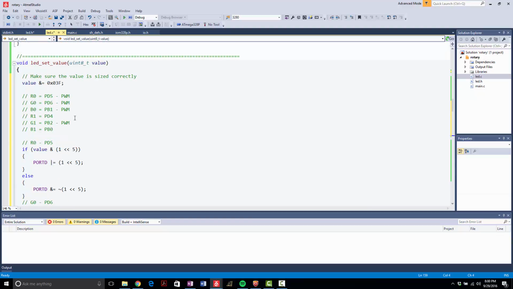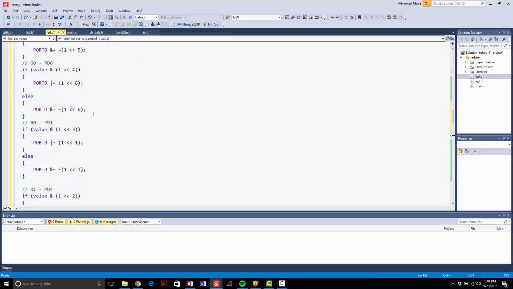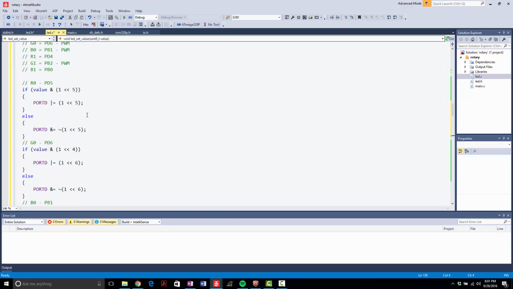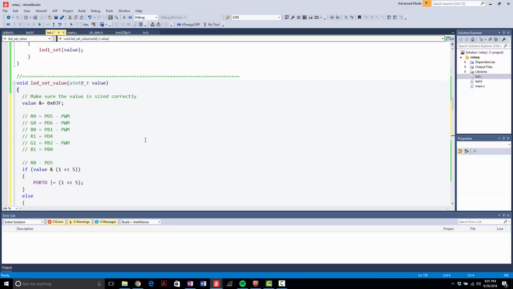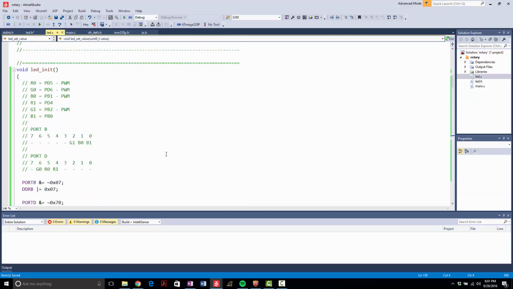Another way to do it would be to take the value, mask off the bottom 3 bits, and call LED 0, then shift it down 3, and then call LED 1. I mean, not buttons, but LED 0 and LED 1. You could do that as well. But I just chose to copy it straight in. It's not that big of a code. All right, so different ways to do it, but at the end of the day, very simple interface here with